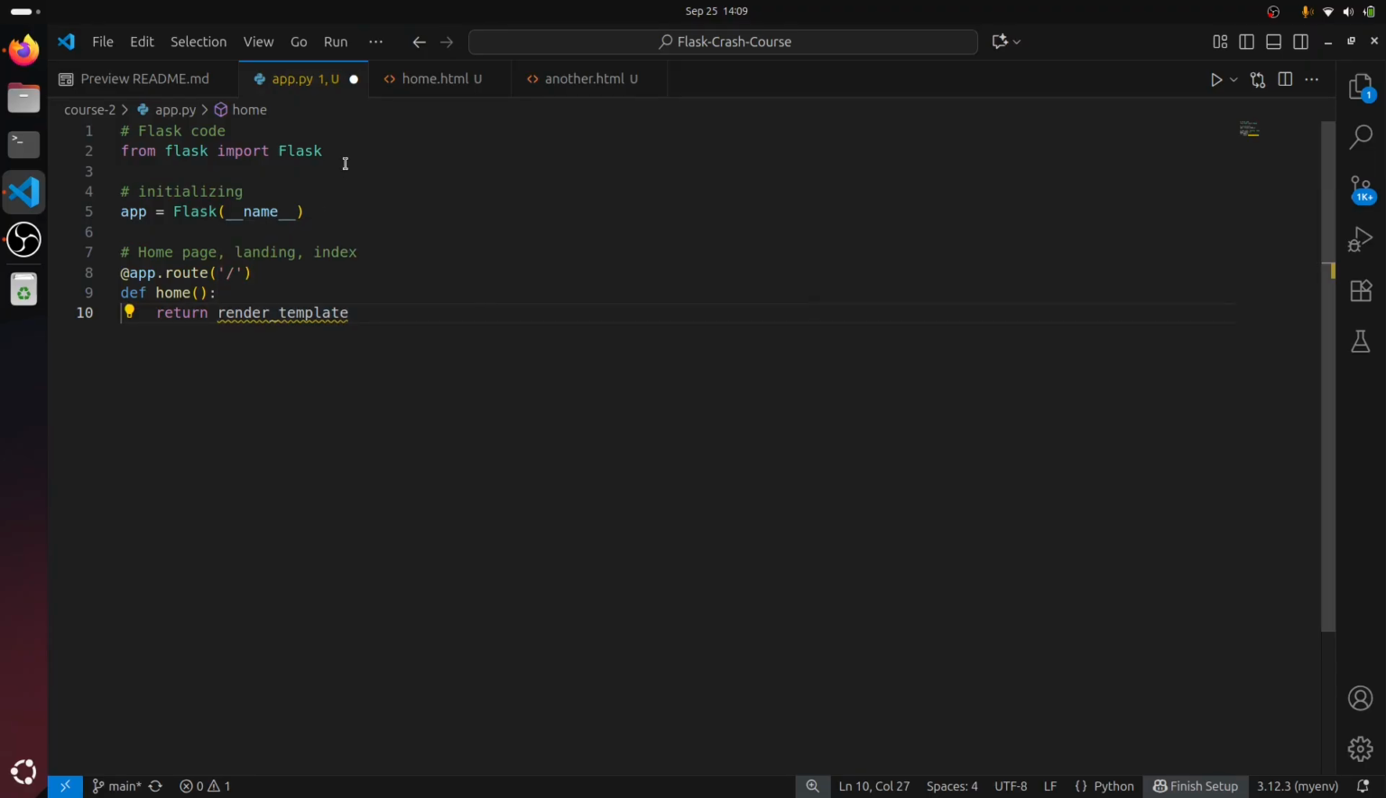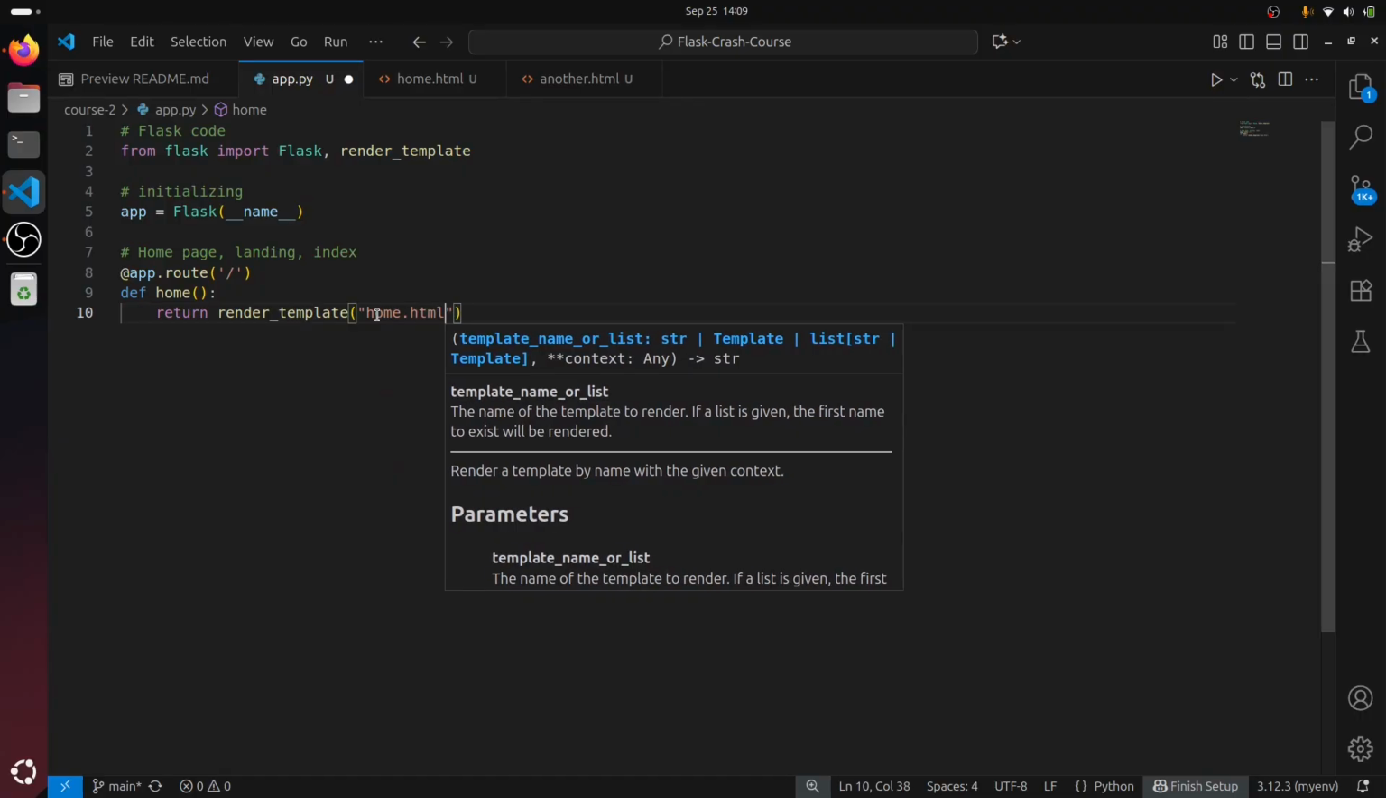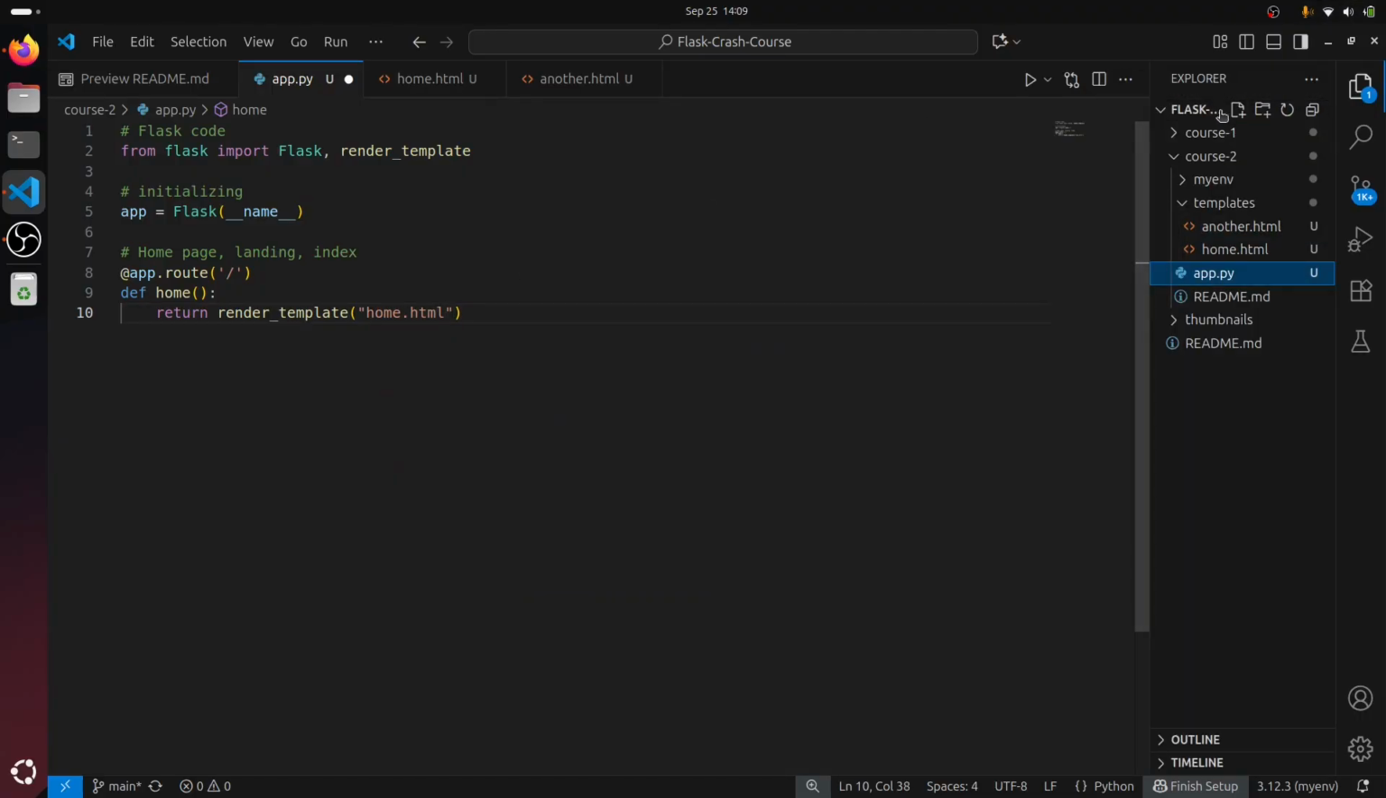It's not recognizing that. Just go up here to our imports. We're going to say render_template. And here we're going to come back and put our string of home.html, which we saw in our templates folder. So render_template pulls out of this one. We explained that in the first video. Our second page, another one,